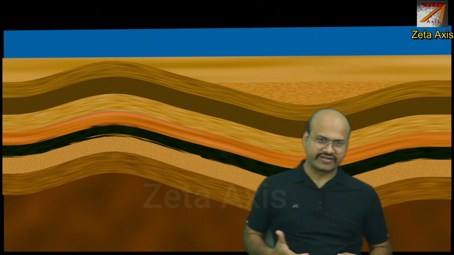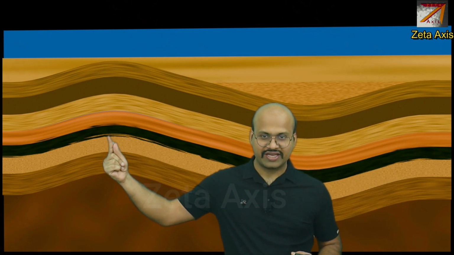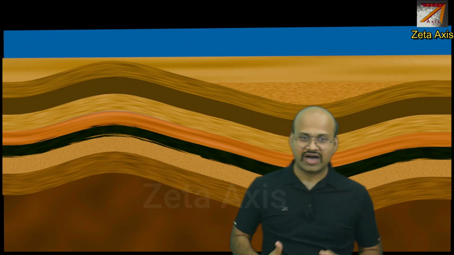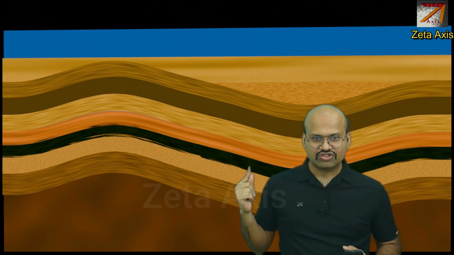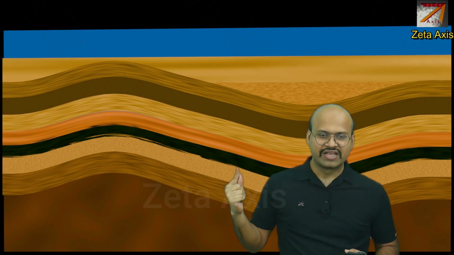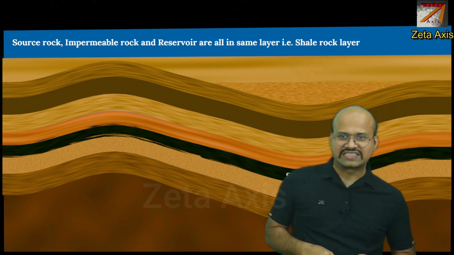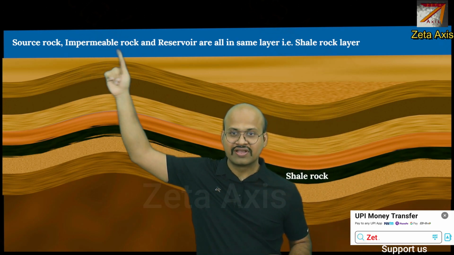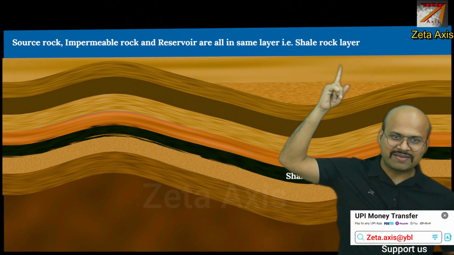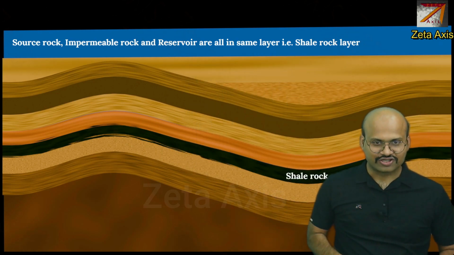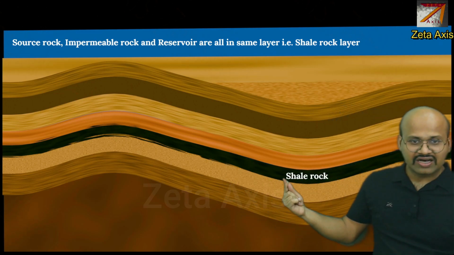So the kerosene, which was converted to oil and gas, is now trapped within this layer. It cannot rise up like we have seen for the conventional gas and oil. So the gas or oil which is formed in this layer will be trapped within the same layer. And that is why in shale gas, the source rock, the impermeable rock, and the reservoir are all in the same layer. And that is why it is called shale gas, because the gas is trapped within a shale rock